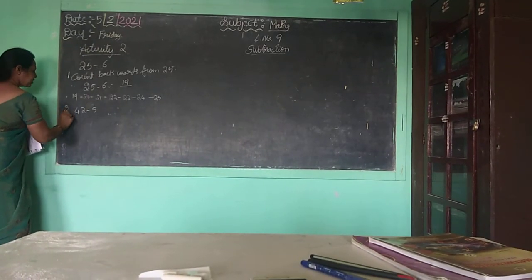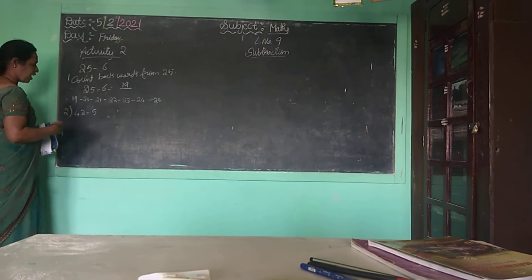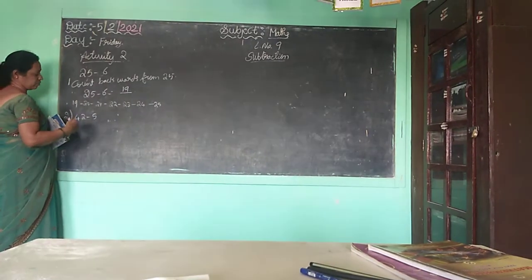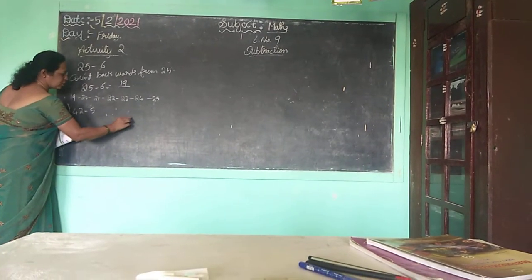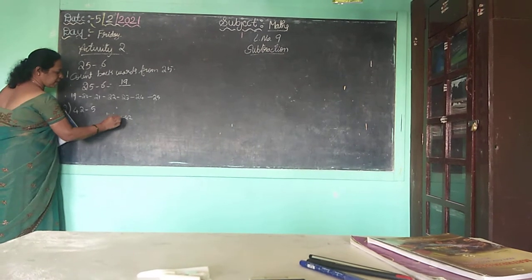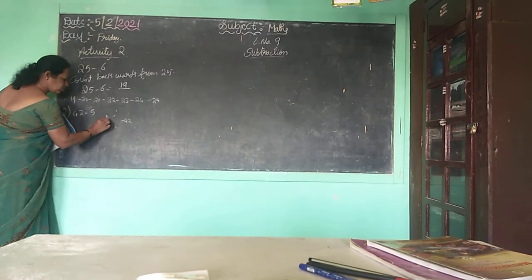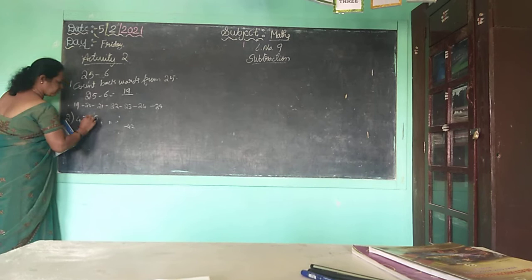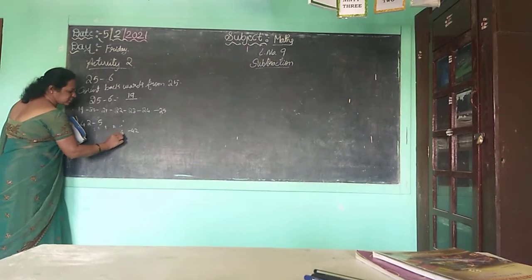Next is 42 minus 5. Second sum, 42 minus 5. You have to count backward. Okay? From 42 you have to count backward how much? 5. See, 1, 2, 3, 4, 5 you count. Okay, 42 backward is 41,